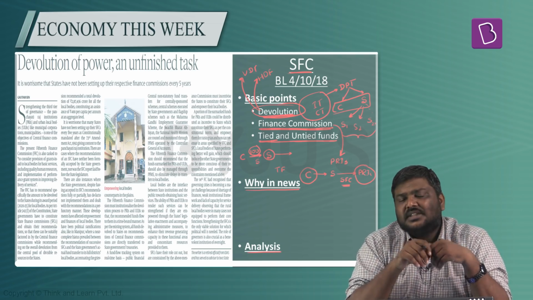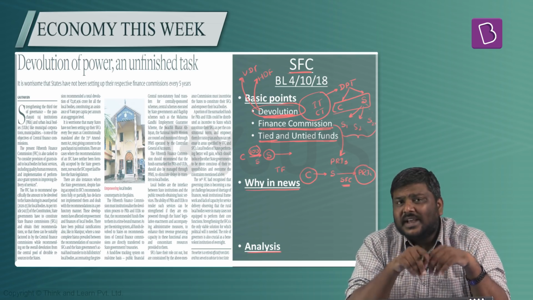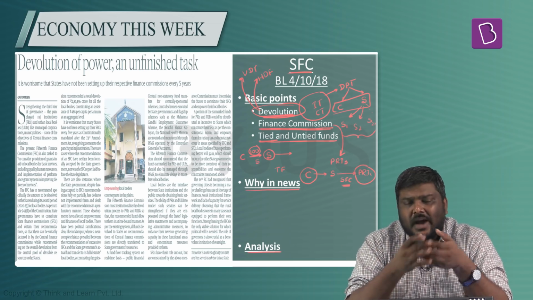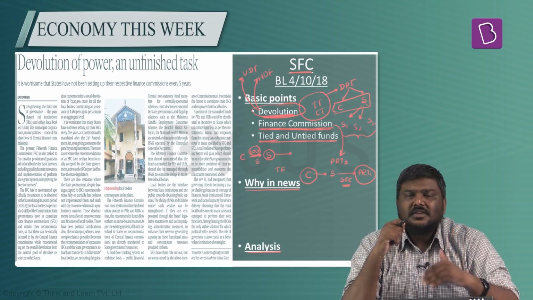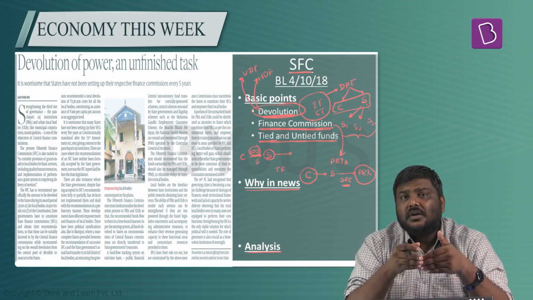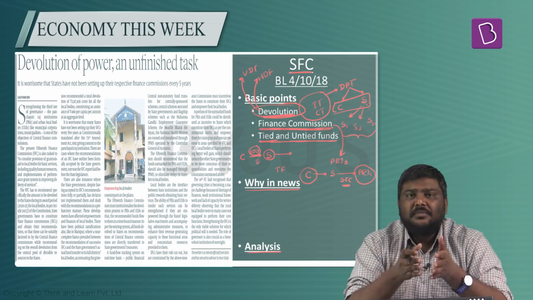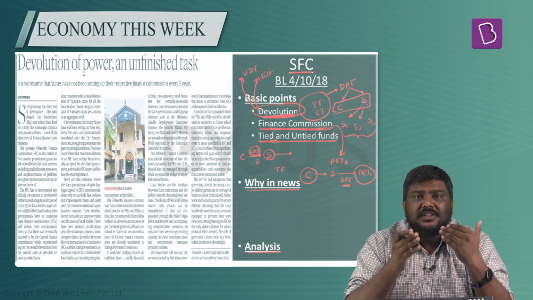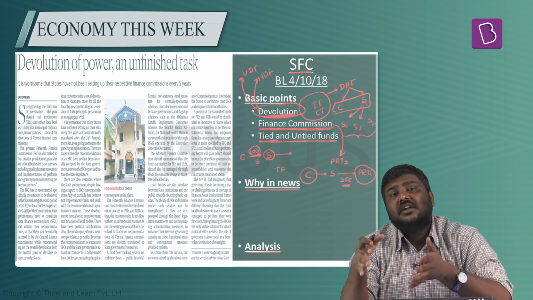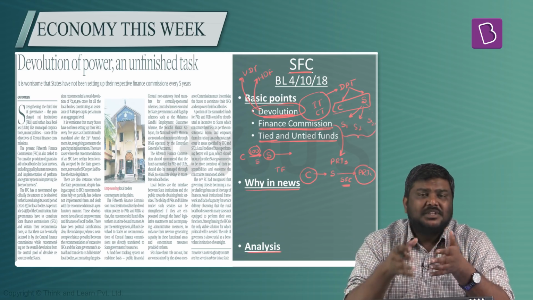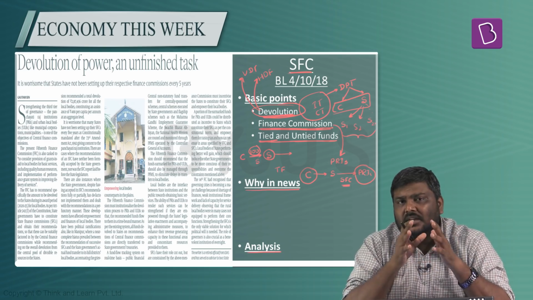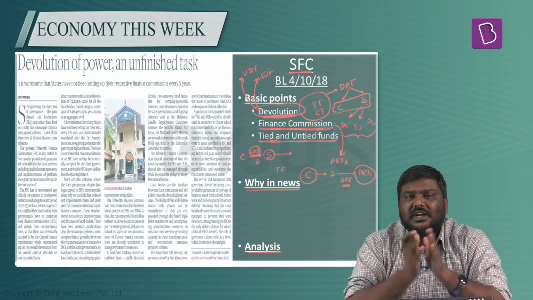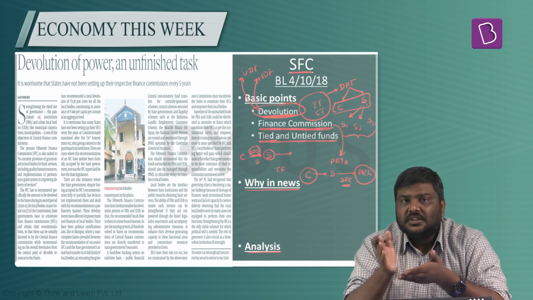The third tier, that is Panchayat Raj institutions, are not given all the taxation powers that are supposed to be handed over to them. As a result, they are either partly dependent for finances on the state government or completely dependent on it. For example, in Uttar Pradesh, the third tier of government is completely dependent on the state government for finances, compared to the state of Kerala, where the Panchayat Raj institutions are collecting a substantial part of their own receipts. So these are some of the issues that are plaguing the functioning of the Panchayat Raj institutions.